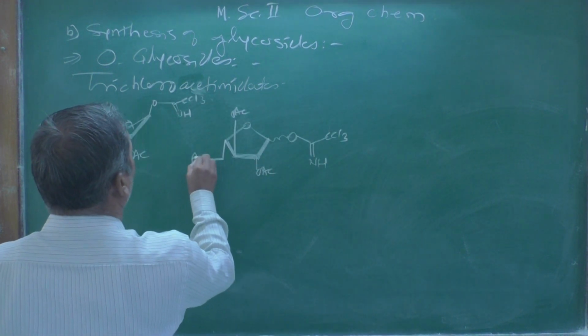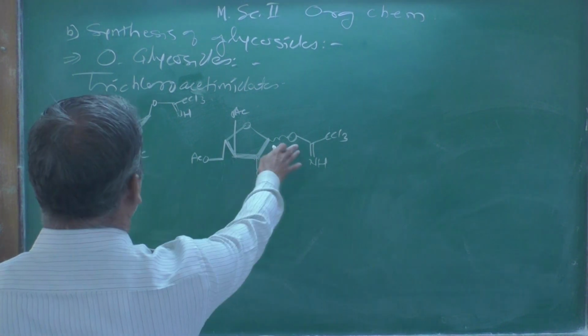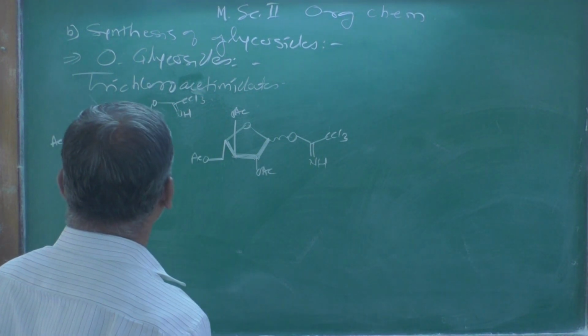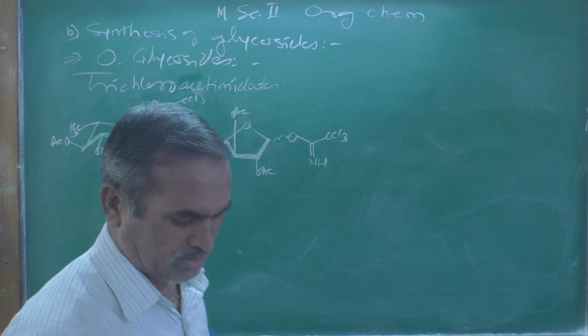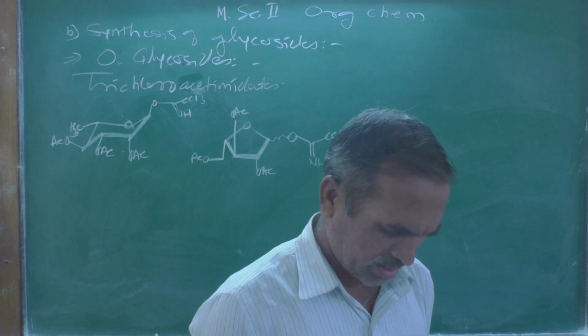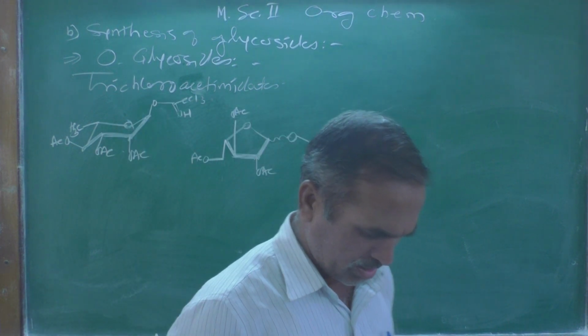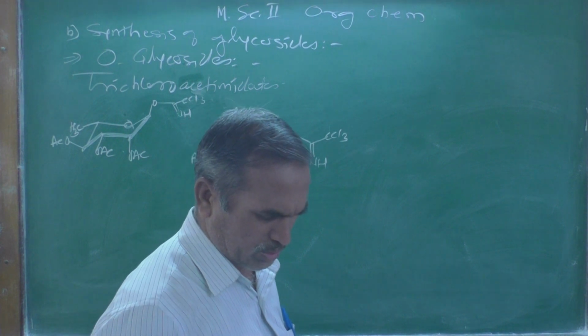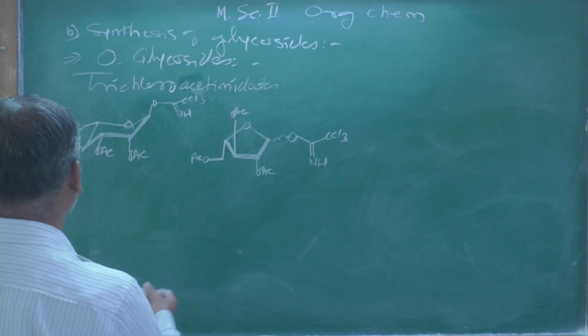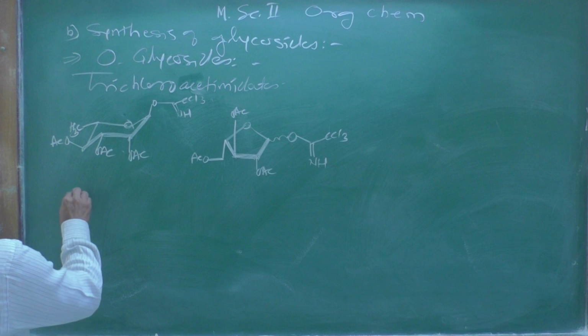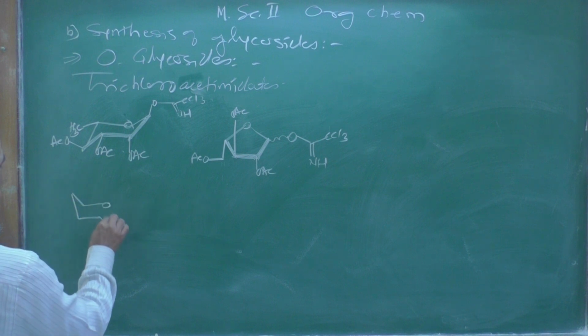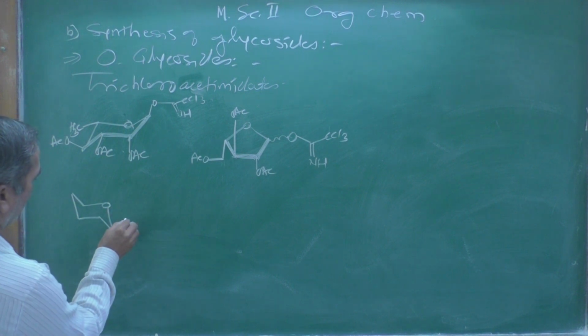All are protected only, this and this. Among these two, one acts as a donor and one acts as an acceptor over here. Then the oligosaccharide we can represent here also like this, O, then this one,